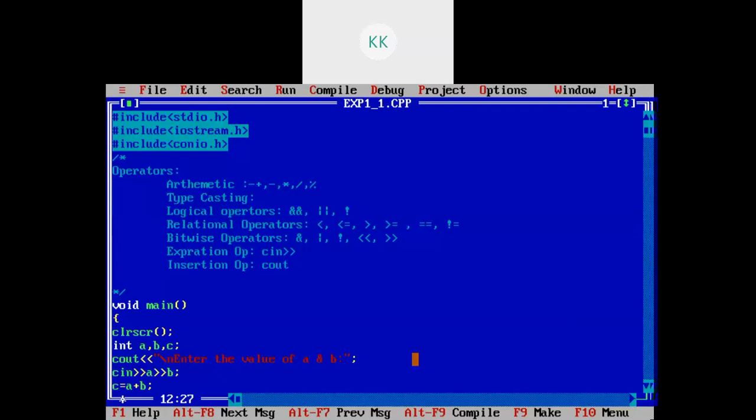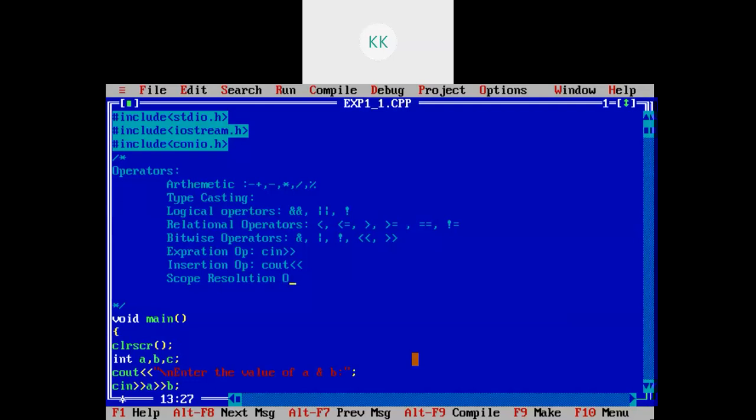Then the scope resolution operator is there, which is written as a double colon. The scope operator finds out the hidden scope of the variables, and we will see it later on.